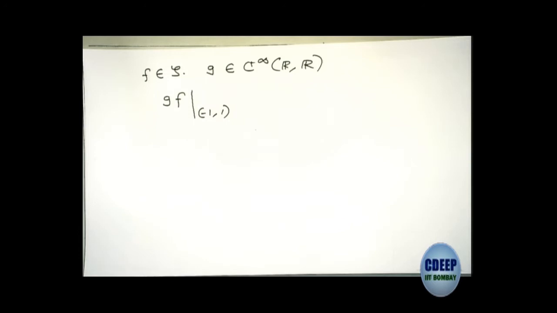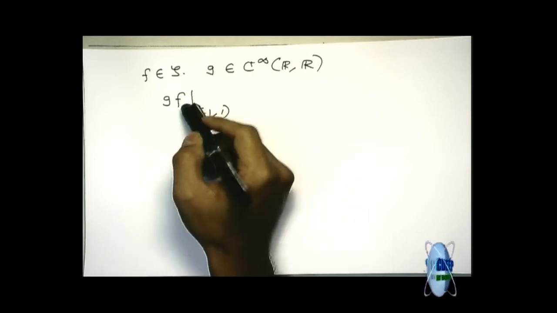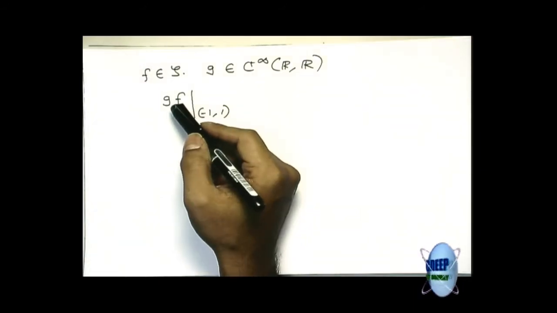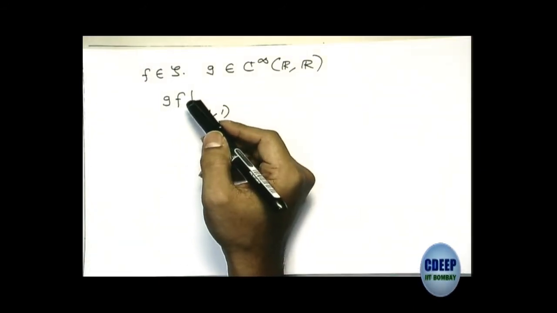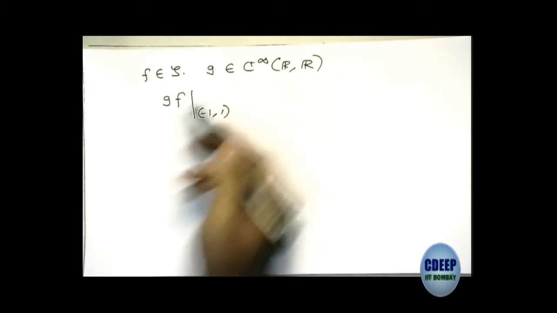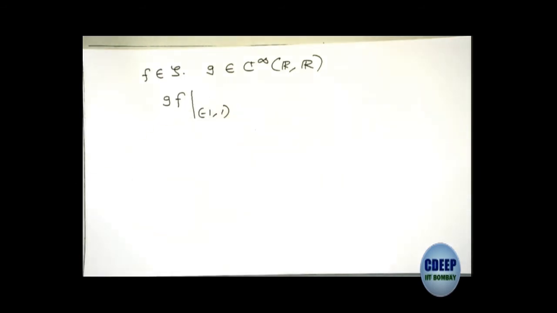Pardon? It will be in S because when you evaluate this, 0 into anything is 0, exactly. Yeah, so then it is indeed an ideal. Is it finitely generated? S is an ideal, but unfortunately it is not finitely generated.